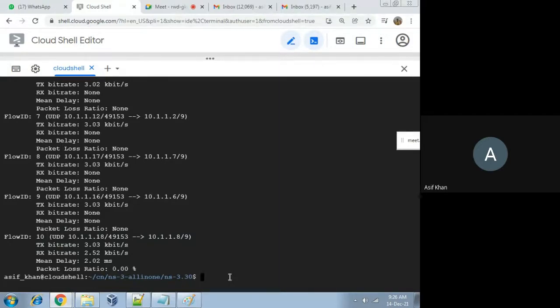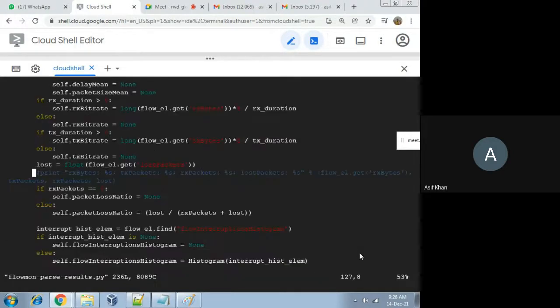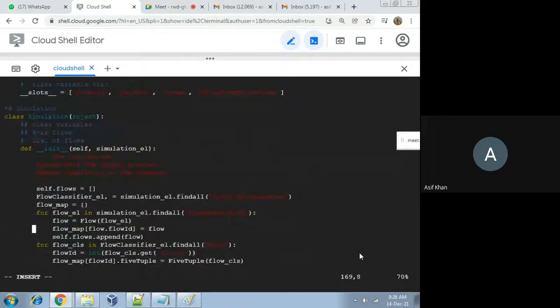Open that Python file, flowmon parse results.py. Okay, enter. So come down to the last line.